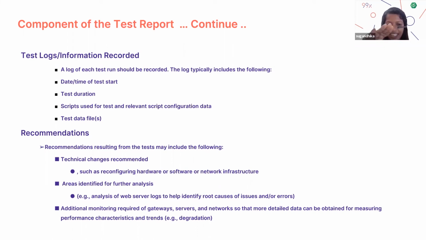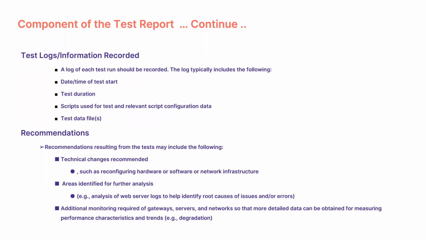Then start from there and increase to 1.1x. Let's say the peak load is 1x, then you start from there, keep it for 15 minutes, increase to 1.5x, keep it there for 15 minutes, and increase to 2x. Likewise, you can go up to 3x or something, and see how your application behaves. Whenever you see an issue, you can stop the test and say this is the number. Okay, thank you, Sugandhika. Yeah, okay, thank you very much. I'll answer the question at the end.